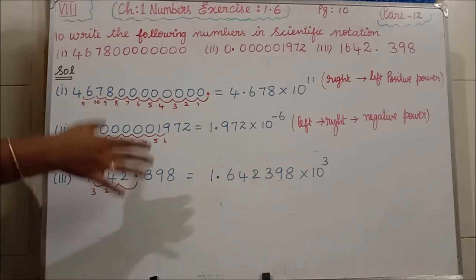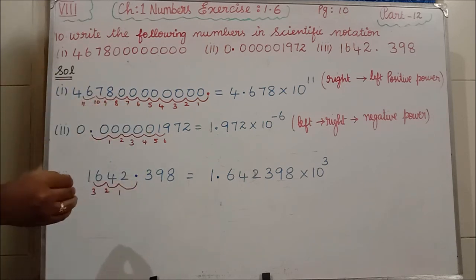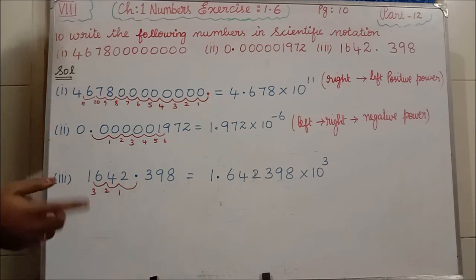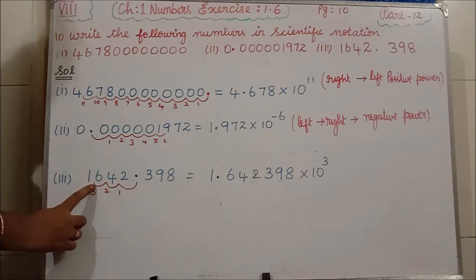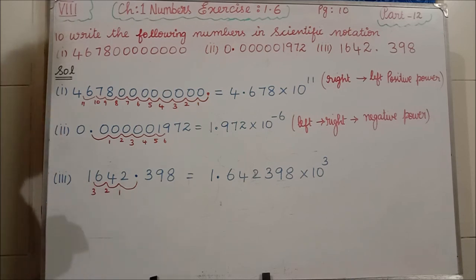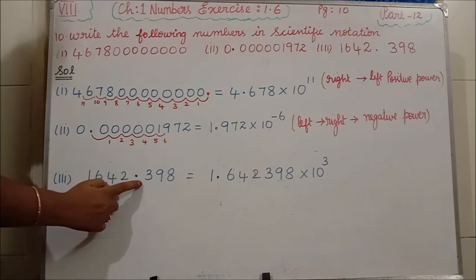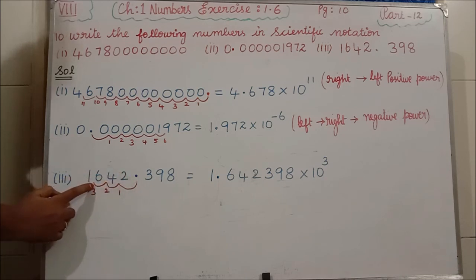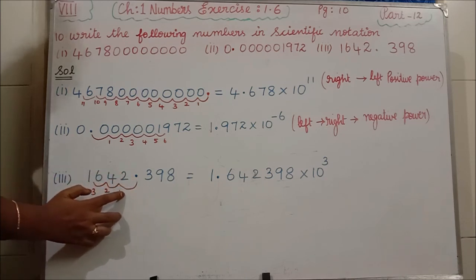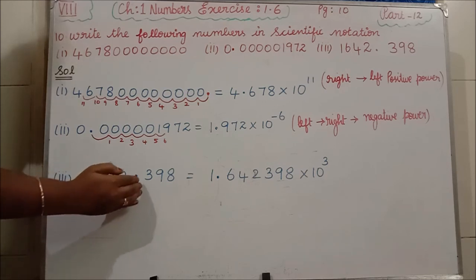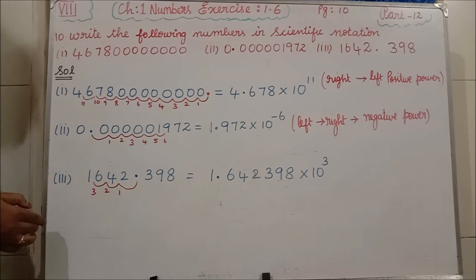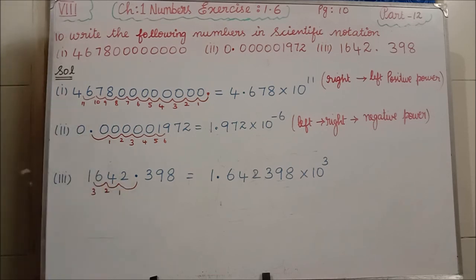In the third subdivision, they themselves have given the decimal, but they have not given it after the first non-zero number. Usually, the first non-zero number we have to see. This is the first non-zero number. After that number only we have to add the decimal. Okay, but our decimal is here. We have to take the decimal to here. So how many places are we moving? 1, 2, 3. We are moving 3 places before. Towards what? From right to left we are moving. Isn't it?